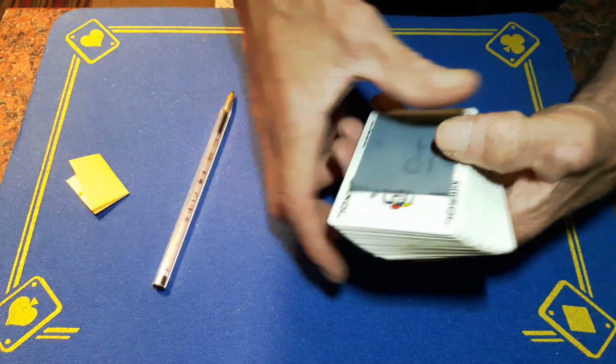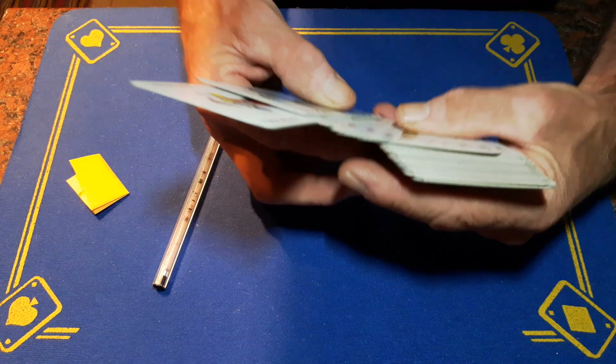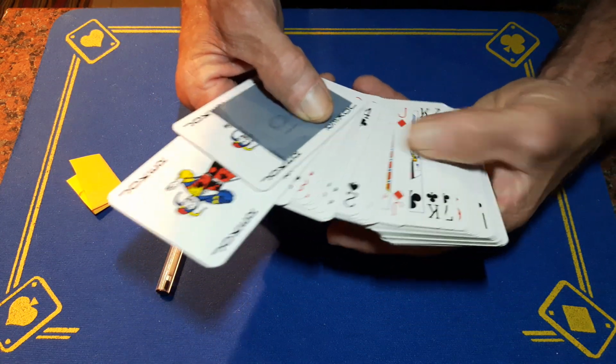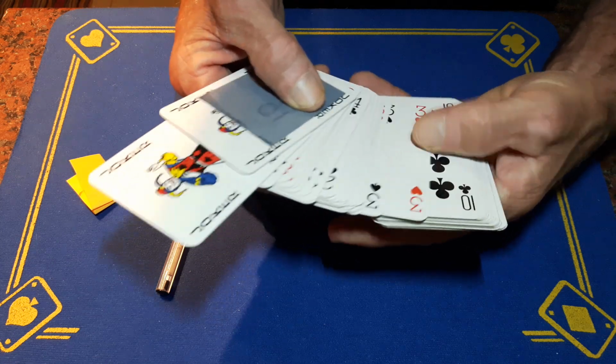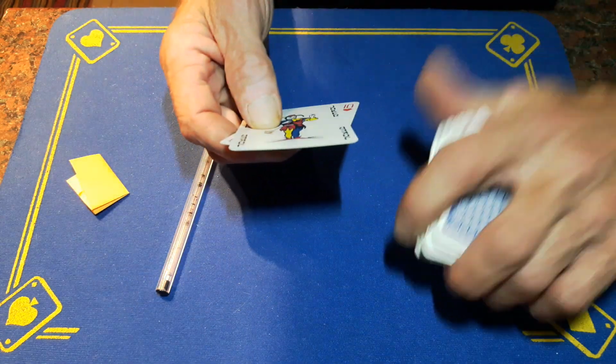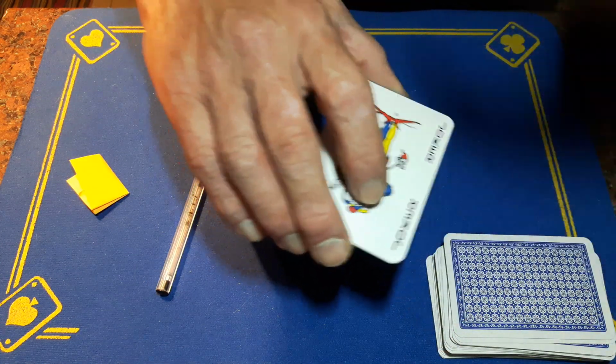Right, I'm just going to pull out the 2 jokers. So there's a joker. I'm just going to pull out another joker. Obviously it's going to be like this. All you're going to do is pull out their chosen, freely selected card, the 10 of hearts. Take these out, put this down, get rid of it. Flip these over. Show